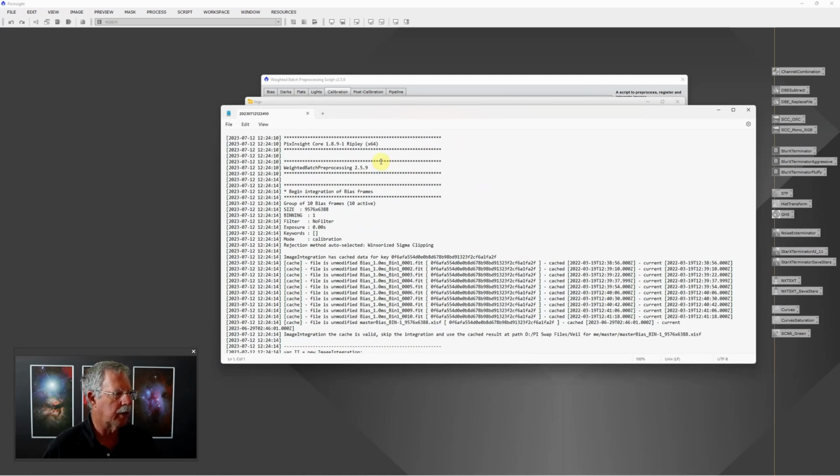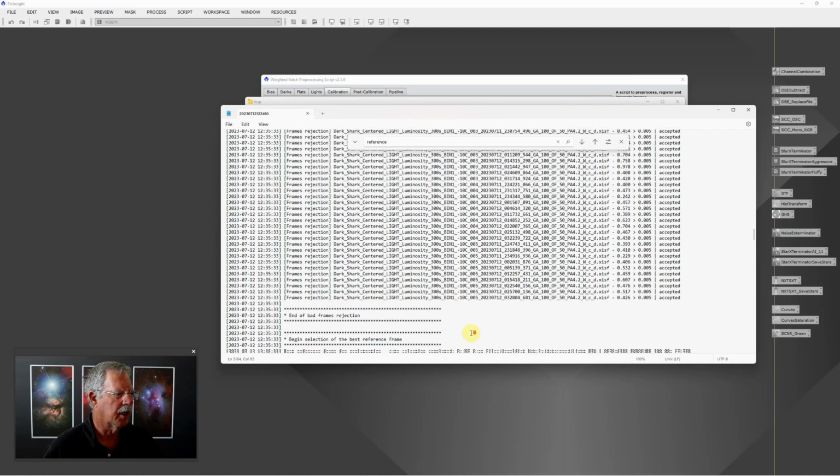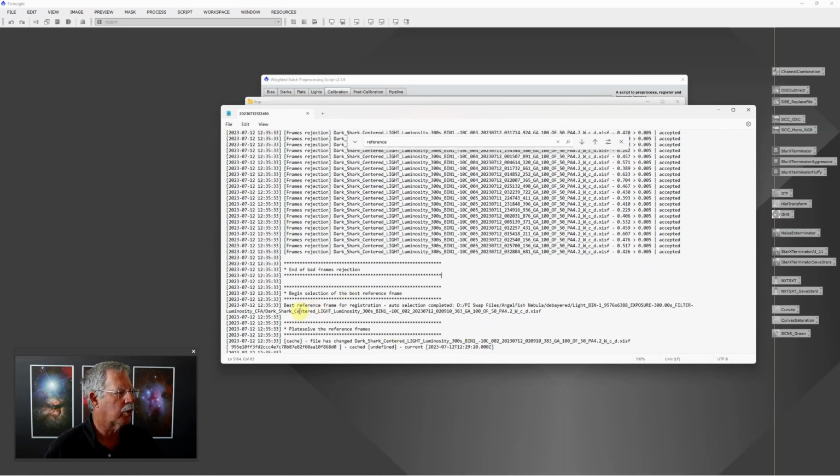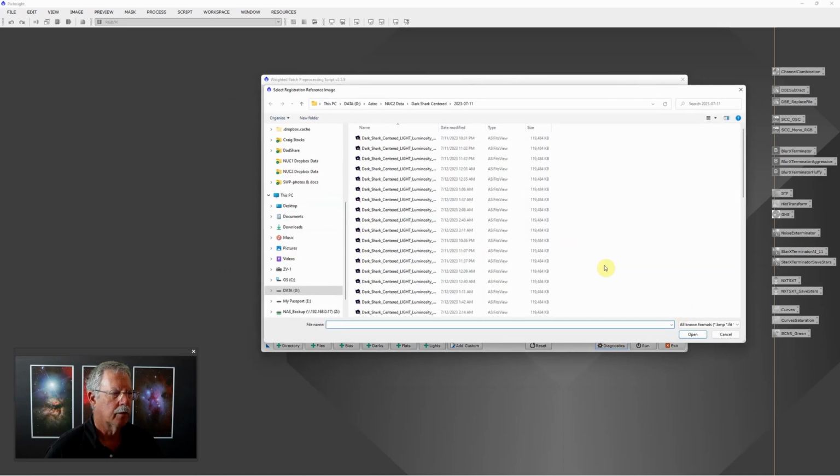I can just do a quick Control F to find, search for a reference, press enter, and that jumps right down to where it selected the reference frame. Then I can scroll down just below that and see that the reference frame it chose was right here, number 383. So if I wanted to match this, this was in the debayered folder and number 383 in the luminosity. So I would set this to manual, open the folder to go specify the reference frame,